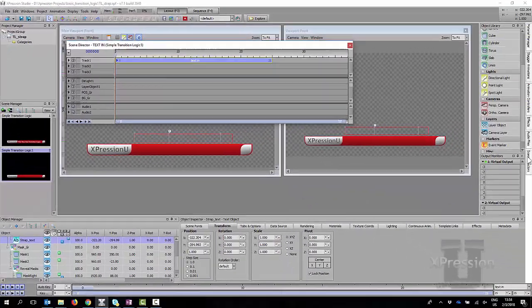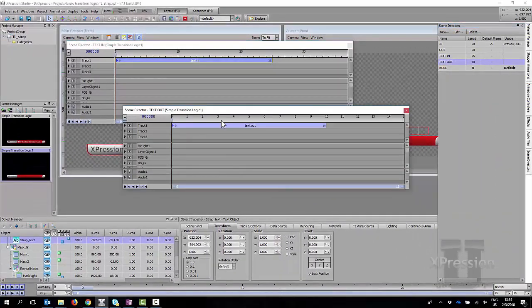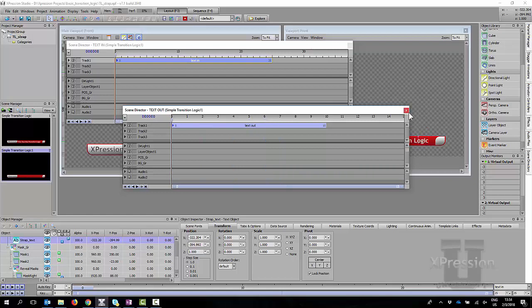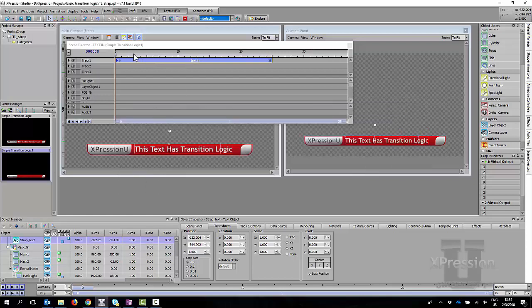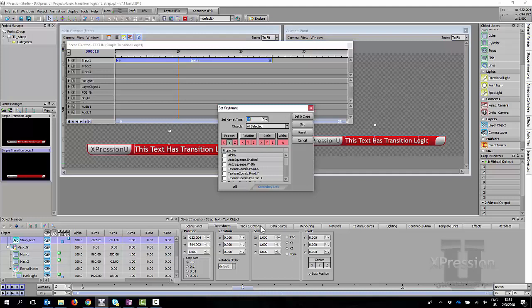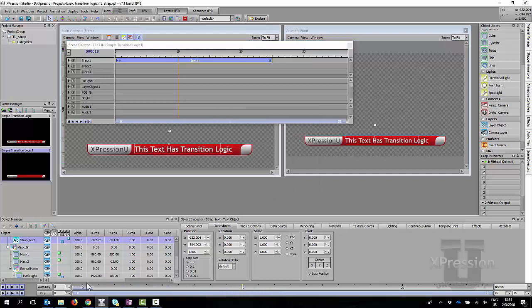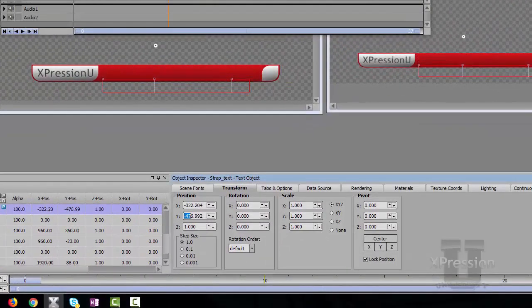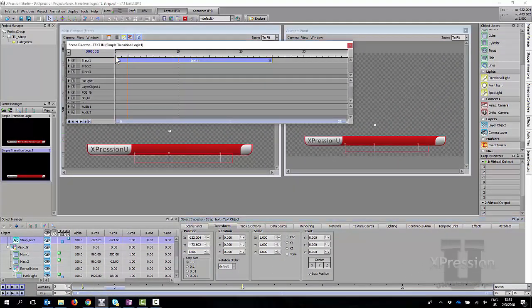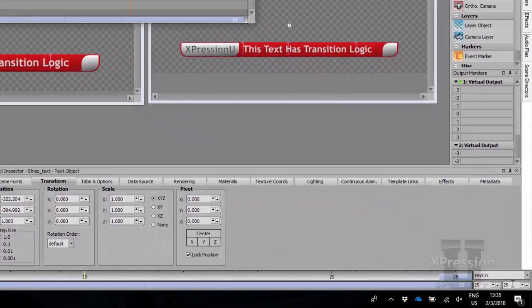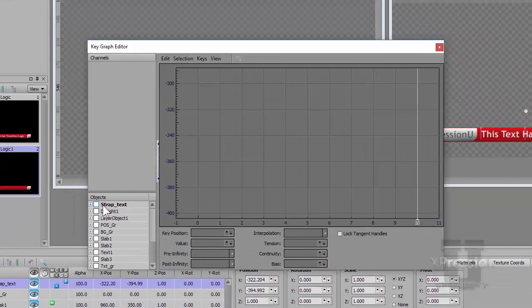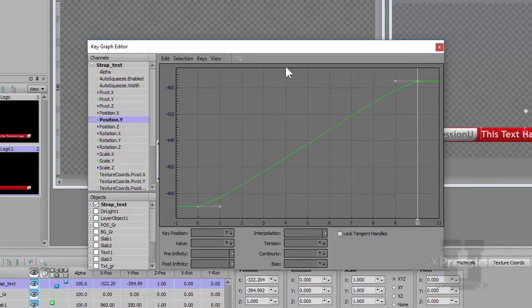So what I'm going to do is quickly open up the outs, play that guy to the beginning, and that's going to help us out a bit, because what we're going to do is start at 10 frames, so the end of this animation, and I'm going to do Control K, and Y is already set, enter. So it's a faster way of getting that end position for you, and this time we're just going to move the text down below the other mask, and at 0 we're going to set that. So we should have an animation where it pops in. Again, I'm going to trim that down to 10, and we're also going to put a graph on this guy.